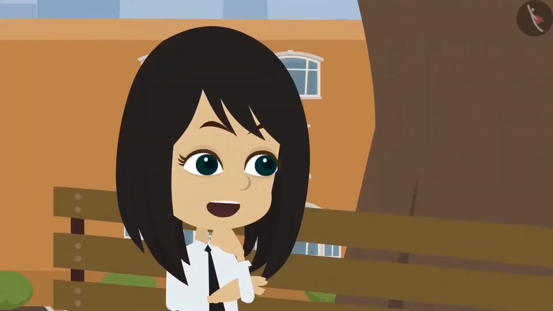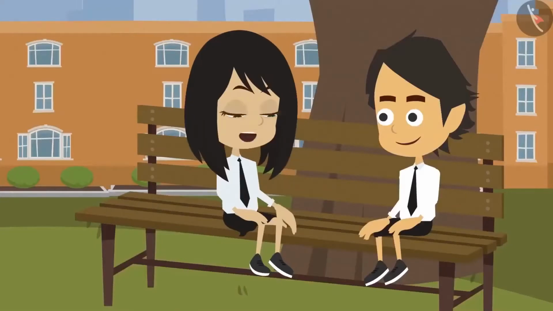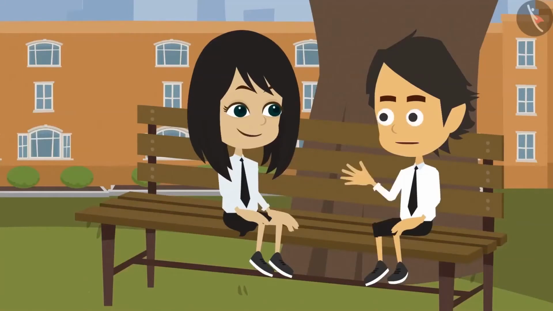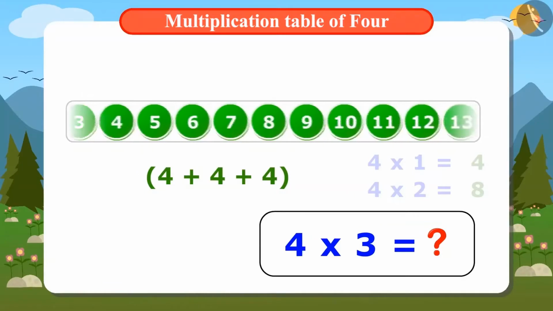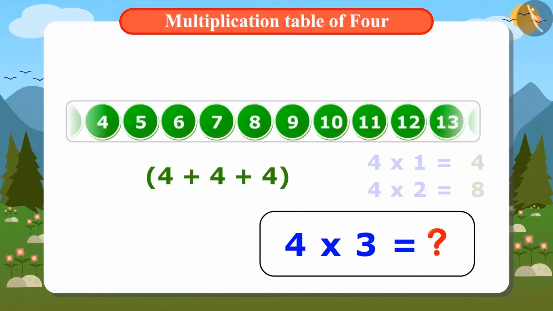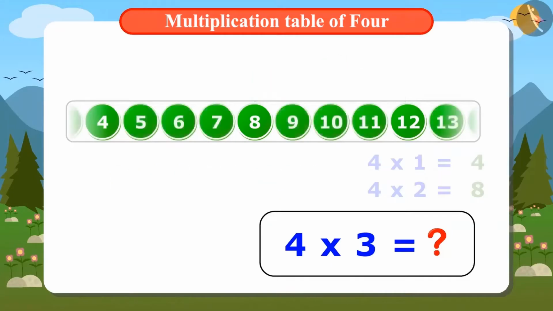Yes, now we write the multiplication table of 4 by either of the 2 methods. Okay, we will find out. To find the answer for 3 times 4, either add 4 3 times or find the fourth number after 8. The fourth number after 8 is 12. And if we add 4 3 times, then also the answer is 12. This means 4 3s are 12.